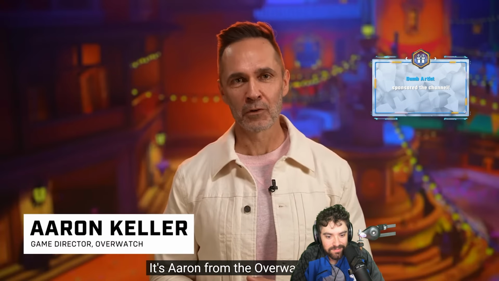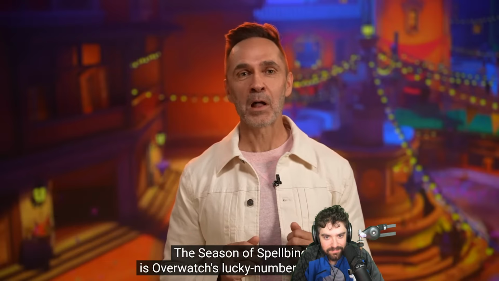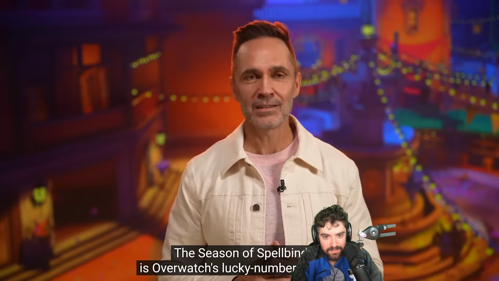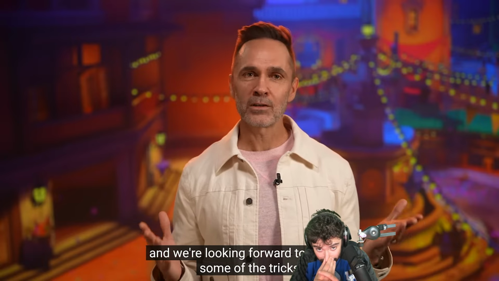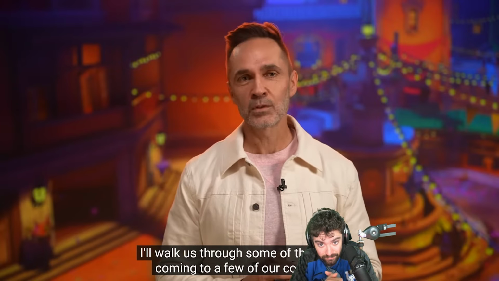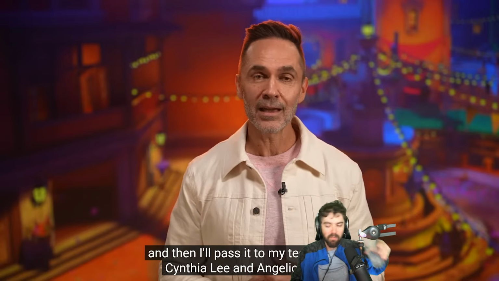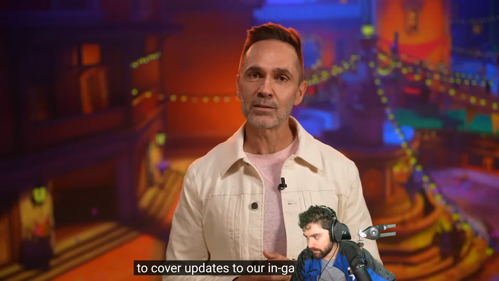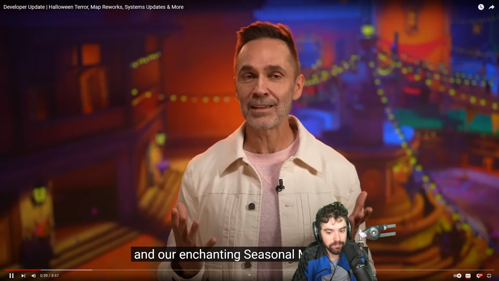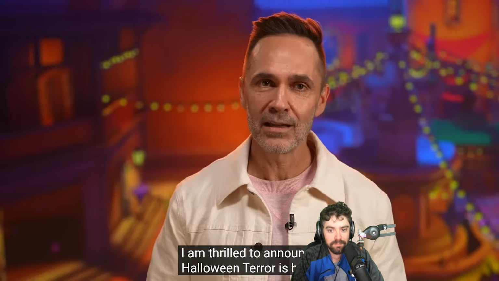Hey, it's Aaron from the Overwatch team, and we're back with another developer update. The Season of Spellbinders is Overwatch's lucky number 13 season, and we're looking forward to sharing some of the tricks and treats we have for you at launch. I'll walk us through some of the reworks coming to a few of our core maps, and then I'll pass it to my teammates Cynthia Lee and Angelica Silva to cover updates to our in-game systems and our enchanting seasonal mythic skin. But before we jump into those topics, I am thrilled to announce Halloween Terror is back at Season 13 launch